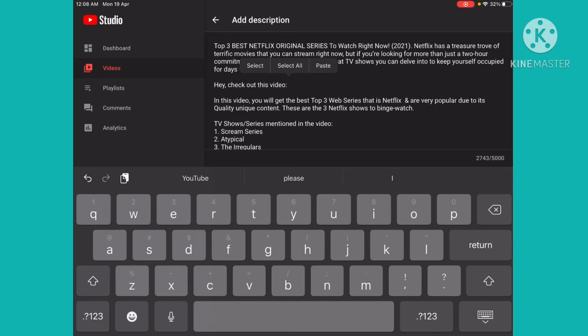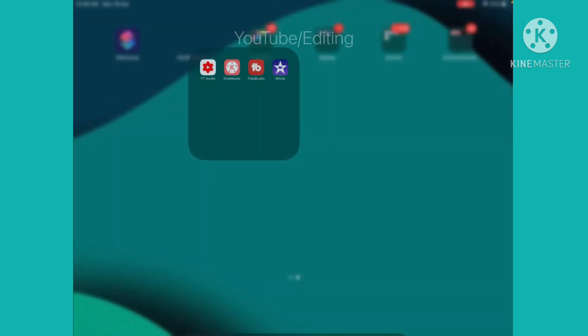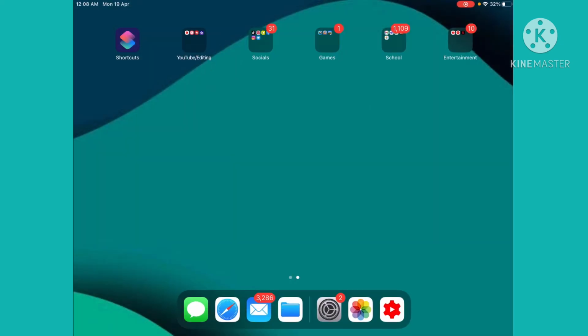for about 1 to 2 seconds until you see this pop up, and then tap on paste. And now that you've pasted the video link or website link, you want to tap on that back arrow, and then tap on save. And now that you save that, the link will automatically appear underneath that particular video that you've just added the